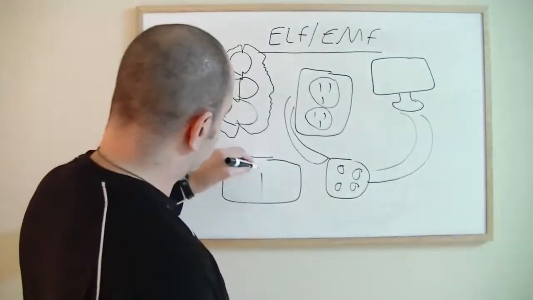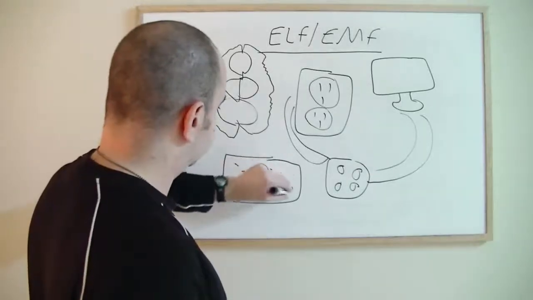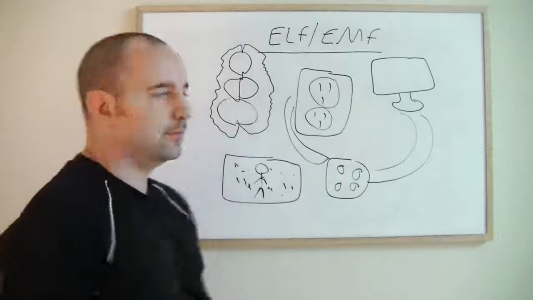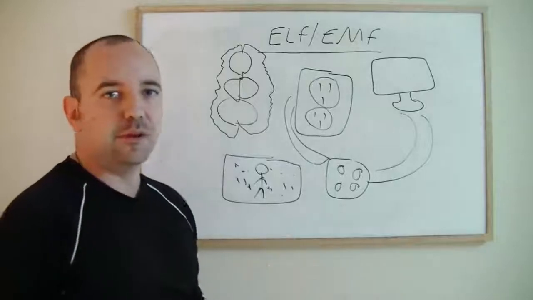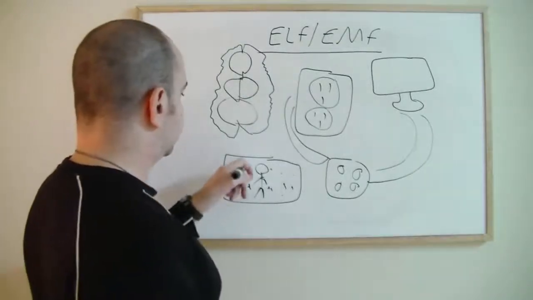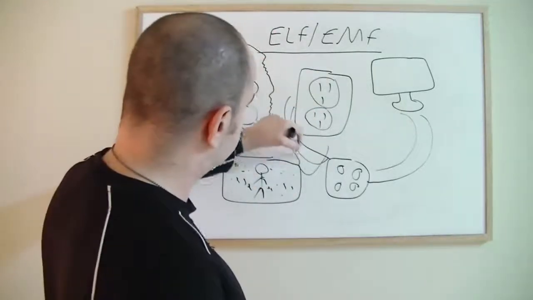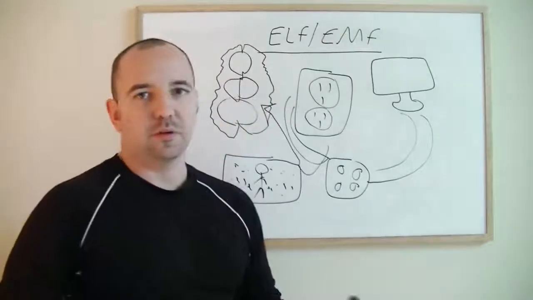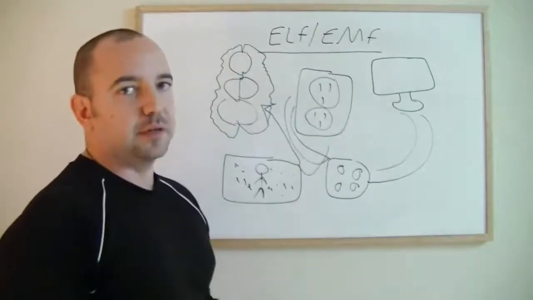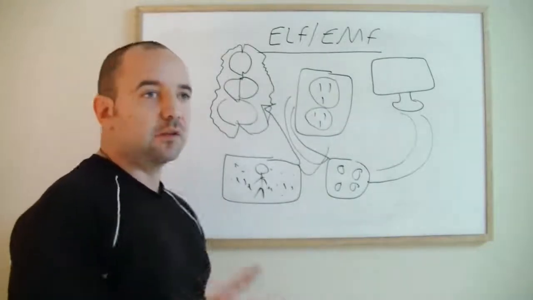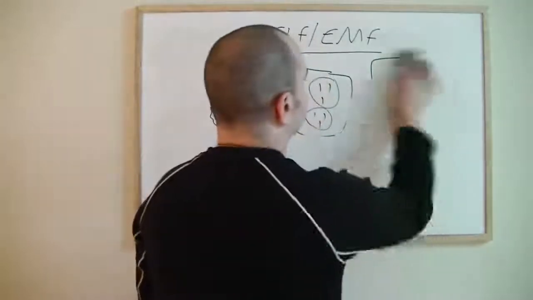Imagine a very clear screen where you see a man here, and it's literally being distorted by white noise. And so you're not able to see the clarity of the screen. You're not able to see it in pure high definition. Instead, you're getting this white snow effect. And this is the example of what ELF and EMF does to you. It's distorting your signal. It's preventing you from being able to expand, to bring yourself into a much more tranquil state, even though you have been out in nature. So what's the solution in regards to the EMF, ELF issue?